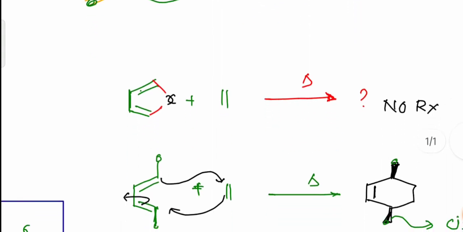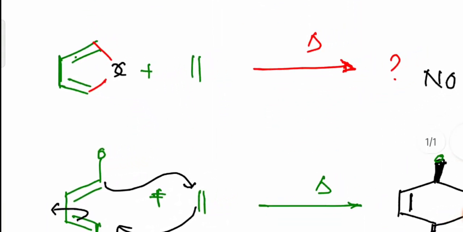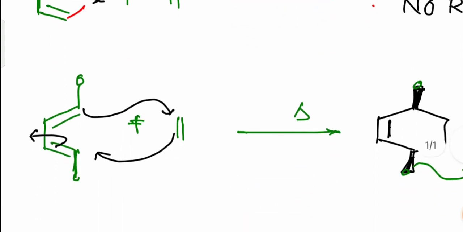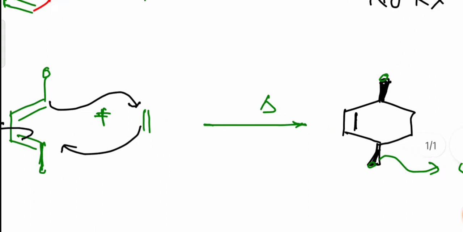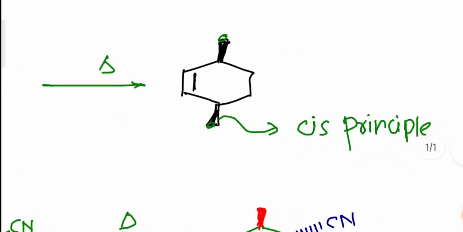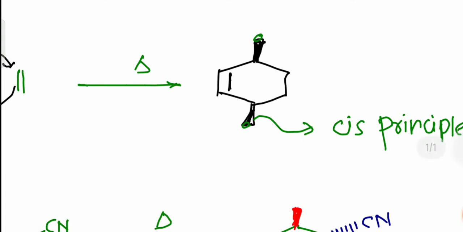Look at this second example explained here. There is no reaction between these two substrates. Why? Because your dienes are trans-wide, your double bonds are not spatially oriented, so they cannot interact with your dienophile. Look at this one. Here the two methyl groups are in a trans position, but the diene is still cisoid. It will participate and form a product, since the cis principle will be maintained. That is, whatever substituents are present on the diene, they maintain the cis relationship.